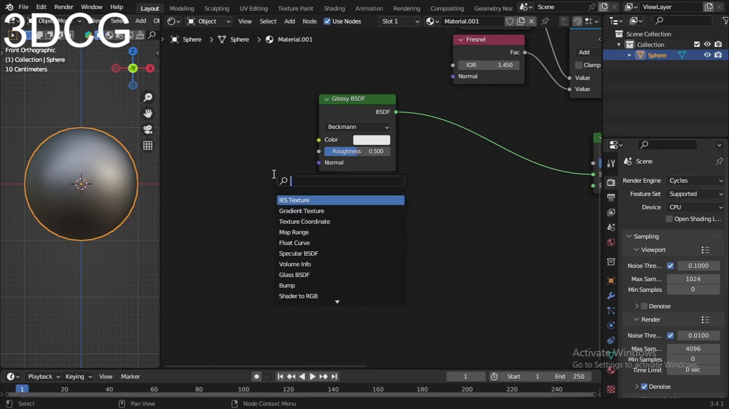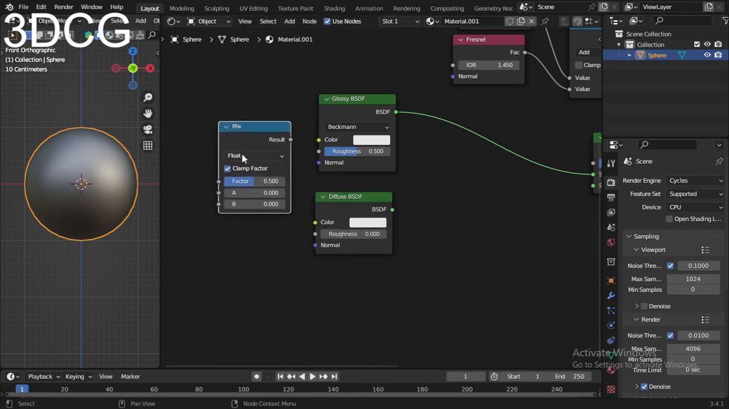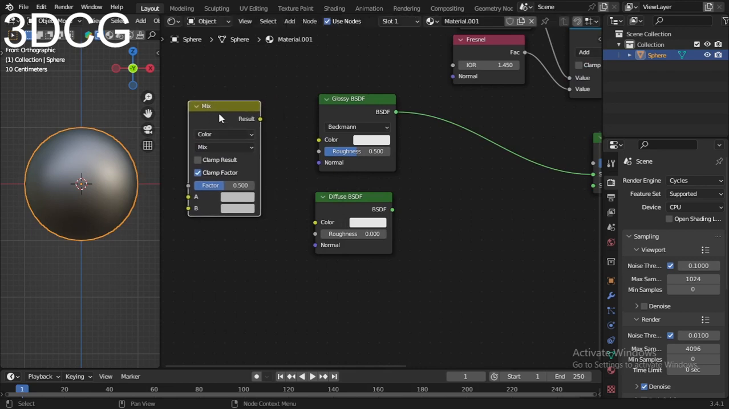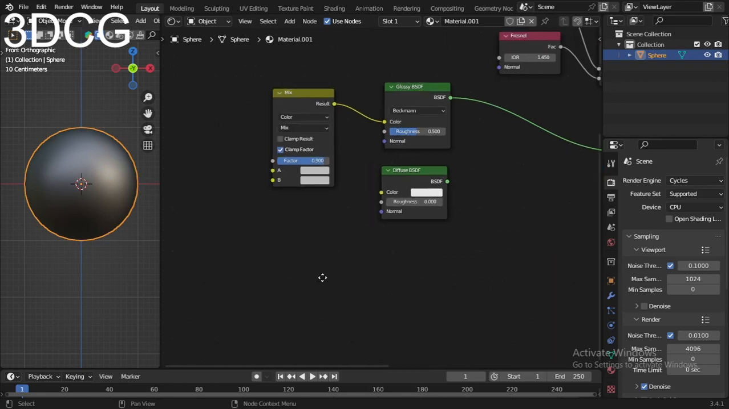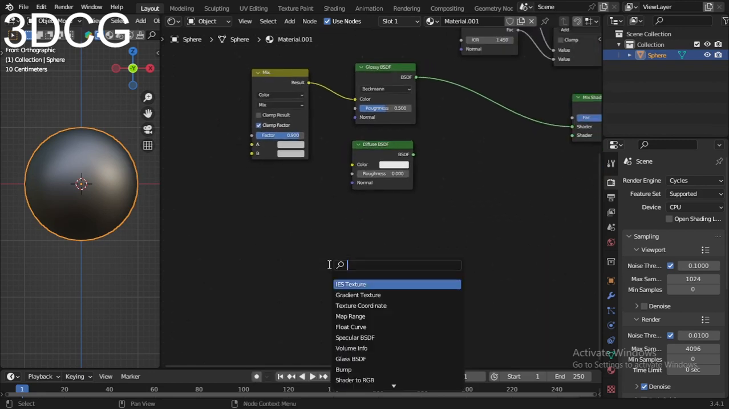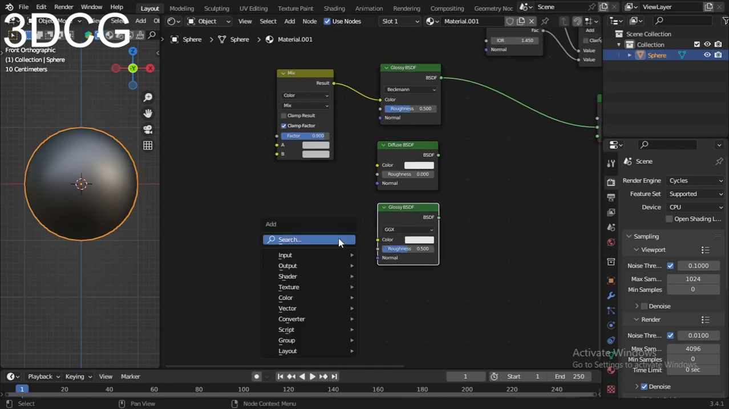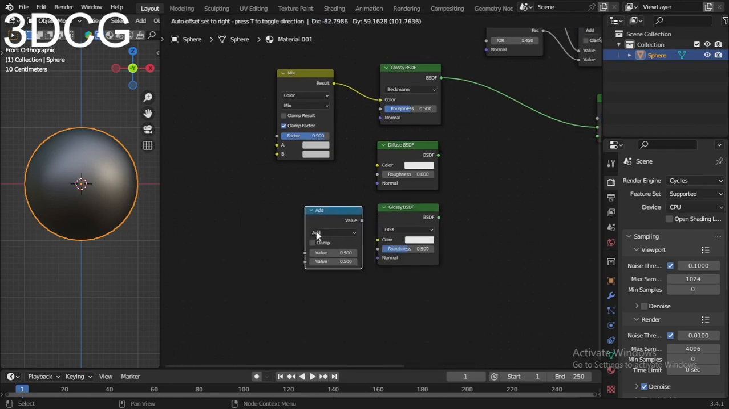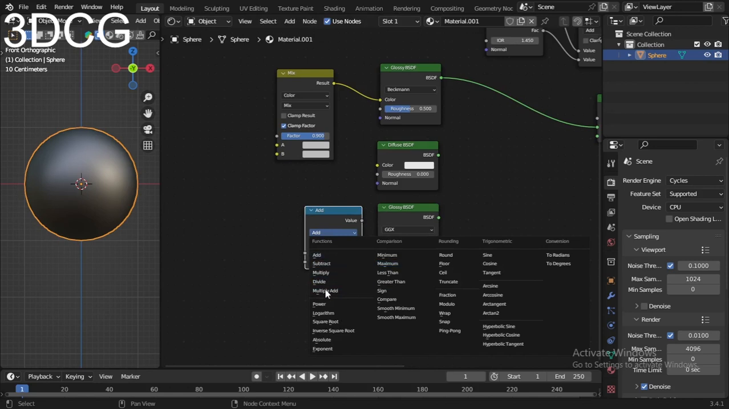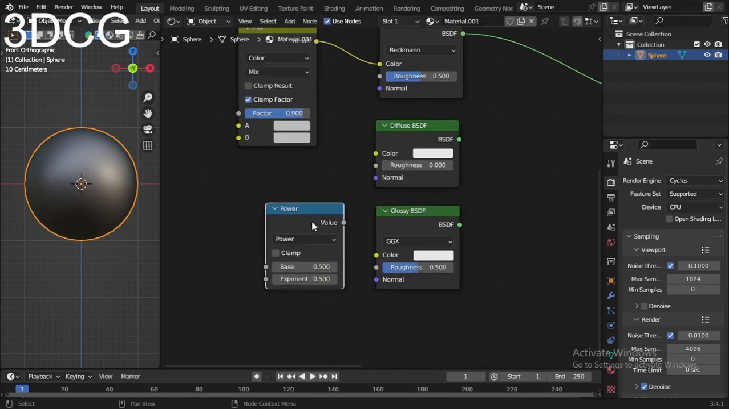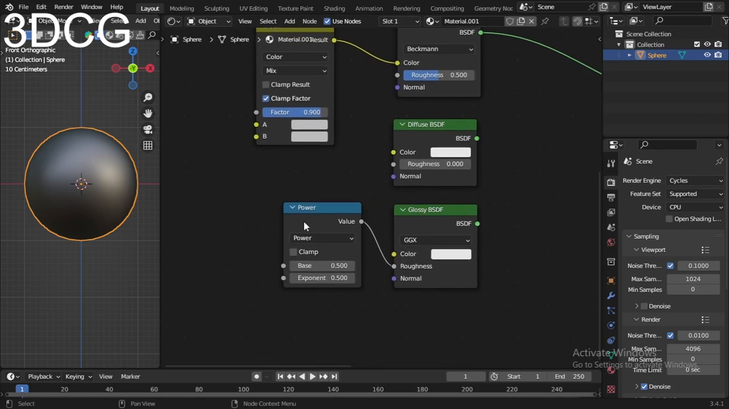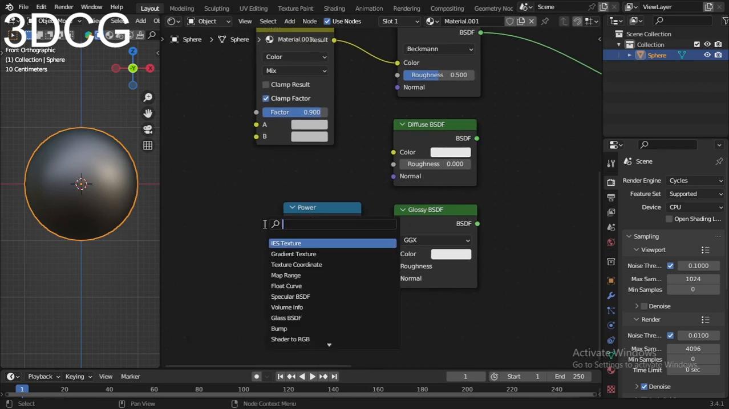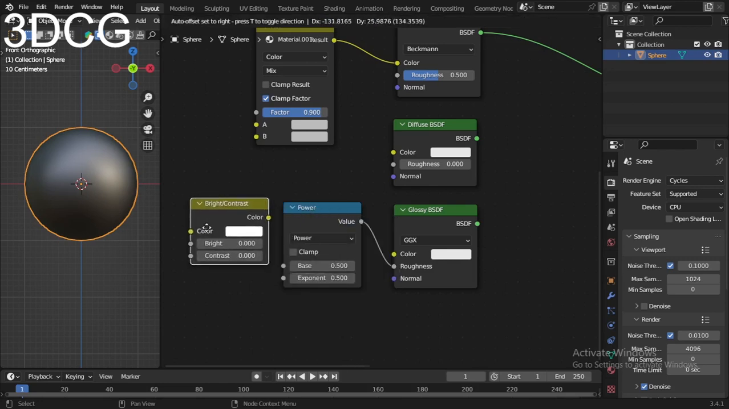Now I take a mix node and change it to color, and this result should be connected with the color, and this is a mix, and factor should be 0.9, and I take one more glossy BSDF node. I take a math node and change it to power, connect this value to roughness, and take another bright contrast node